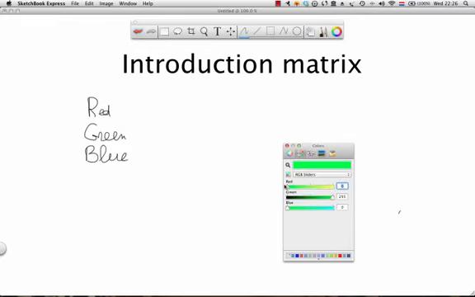Now, as every picture is built from points or pixels, and every point has a certain color, for instance, suppose that this pixel here has the color yellow, then this means that the color comes from three values, being 255 for red, 255 for green and 0 for blue,